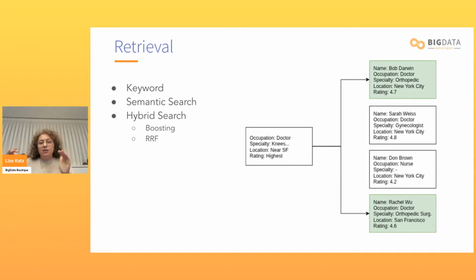But on its own, it's also not enough. If you just ask for anything that has anything to do with knees, you're ignoring very important information, like they're looking for a doctor. So combining them into what's called hybrid search is an approach that is often very helpful when building RAG applications, and just a fancy name for combining both keyword search and semantic search to get the right documents.